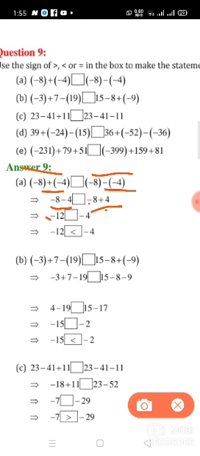Now while comparing 8 and 4, the 8 is greater and it has a minus sign, so we have to put the minus sign in our answer. Now in the LHS we have negative 12 and in the RHS we have negative 4. Now we have to do the comparison. Negative 4 is greater than negative 12. So negative 12 is less than negative 4. In this way we completed A.